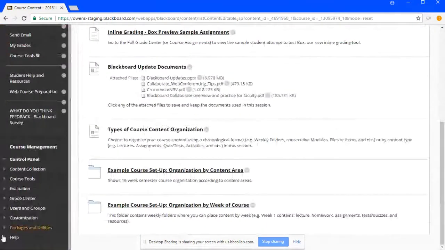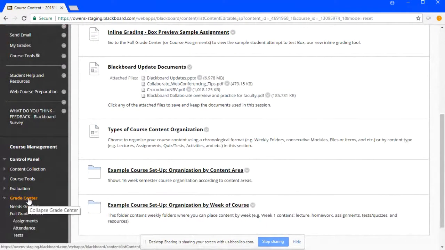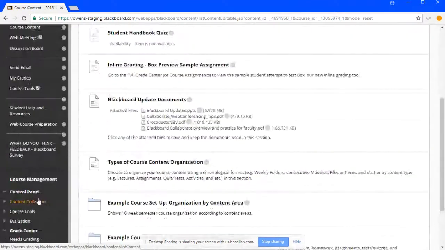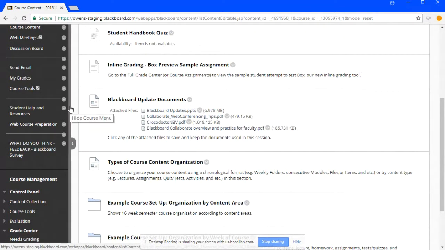Scott's question about group email. Yes, faculty members can modify the email options that are available to students by going to your control panel. I believe it is in the tool settings area of the control panel. You'll see email settings, and then you can make group email, or even the ability for them to email each other in the course, unavailable to them.